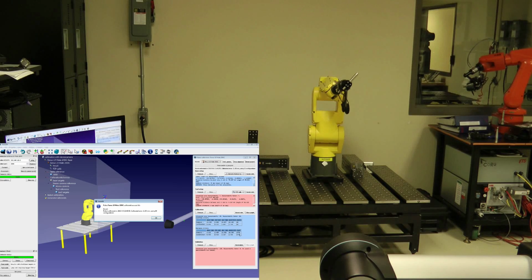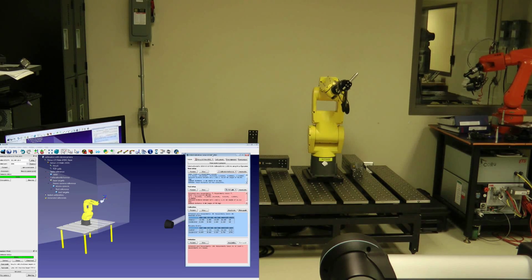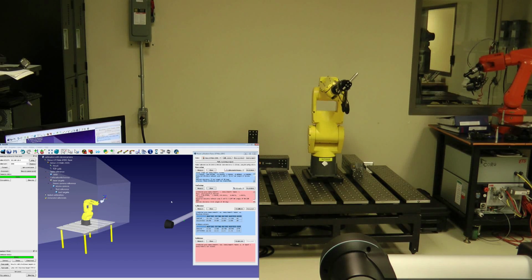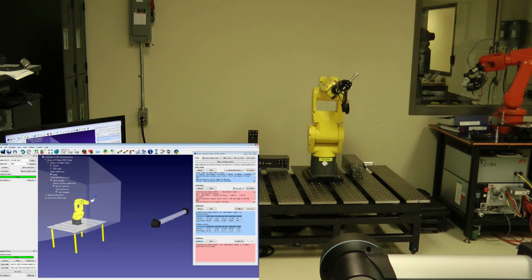An estimate of the robot accuracy will be provided after the robot calibration is completed. The fourth step is optional, and it allows validating the accuracy of the robot by measuring additional configurations.